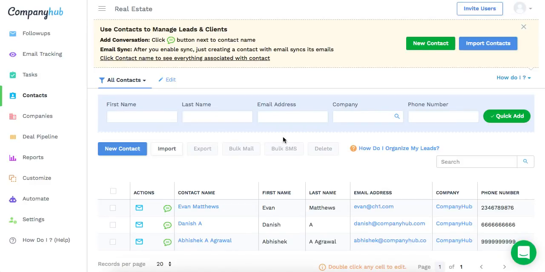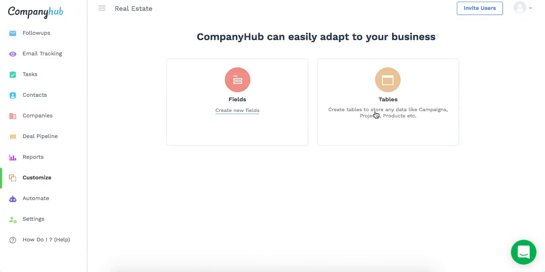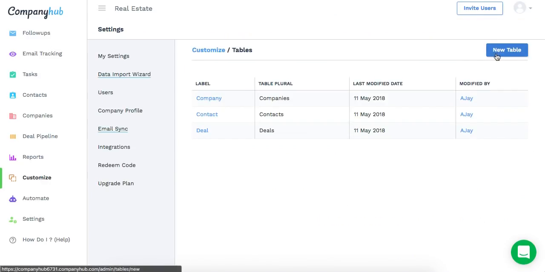In Company Hub, you can easily create tables and fields just like Excel or a spreadsheet, but more powerful than them. We'll take an example of a real estate firm where you need to create tables like properties and payments, associate records from contacts into the properties, analyze them, and do some more customization. So let's begin. If you want to create a table,